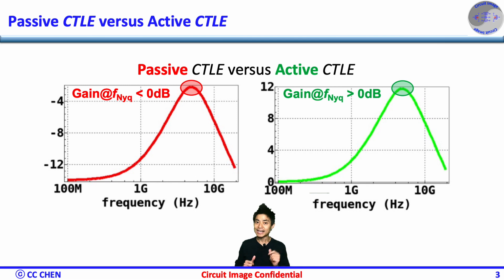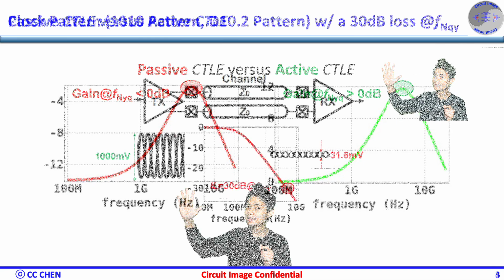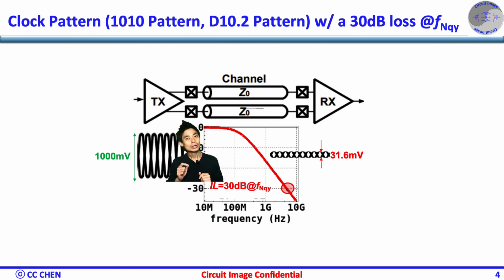After knowing the AC gain at the Nyquist rate defines the passive or active CTLE, perhaps we could ask an equivalent question of why active CTLE to be why a CTLE with an AC gain. Any idea? Think about the swing images at the Nyquist rate for 5 seconds. Great. The swing at the Nyquist rate of a data bit stream is the clock pattern called the 1010 pattern,